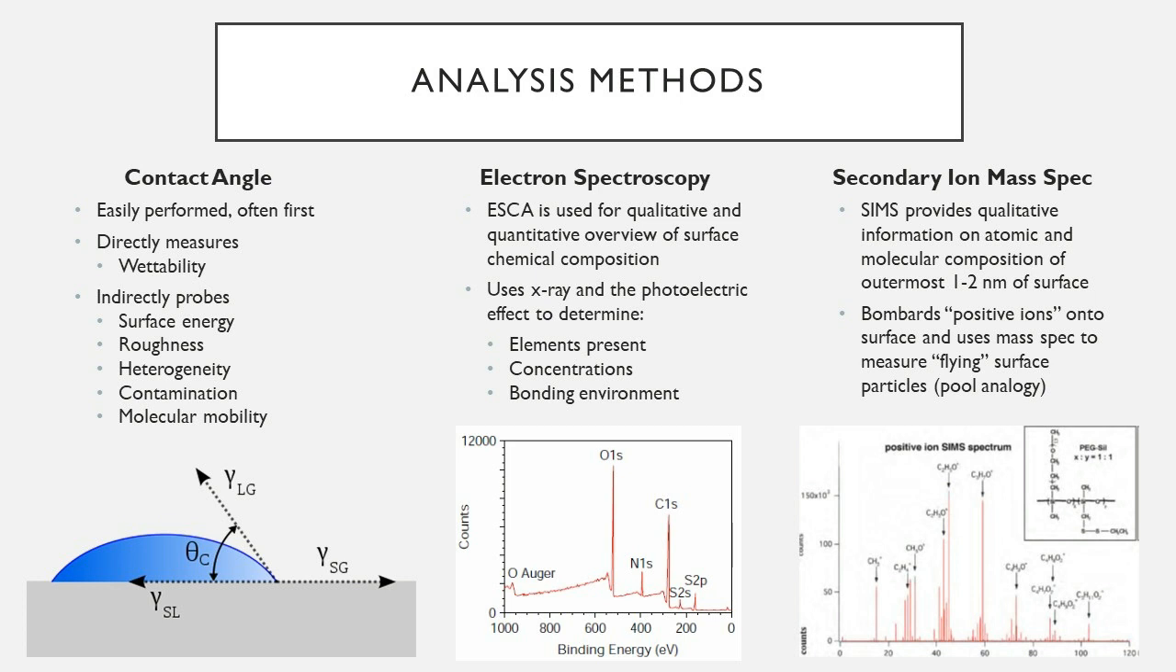The next two methods are both vital for providing qualitative and quantitative overviews of the surface chemical composition of a material. The first one is electron spectroscopy, which I sometimes also see referred to as X-ray photoelectron spectroscopy. This one is based on the photoelectric effect, first described by Albert Einstein at the turn of the 20th century. And it relies on complex instrumentation and vacuum chambers to bombard materials with X-rays. And then, using the photoelectric effect, it can determine the elements present, the relative concentrations, and also the bonding environment